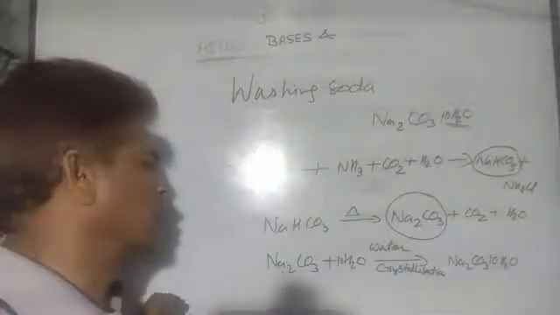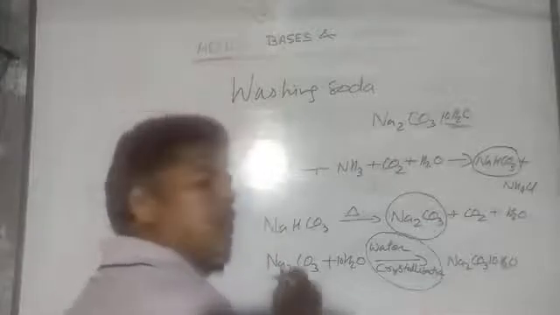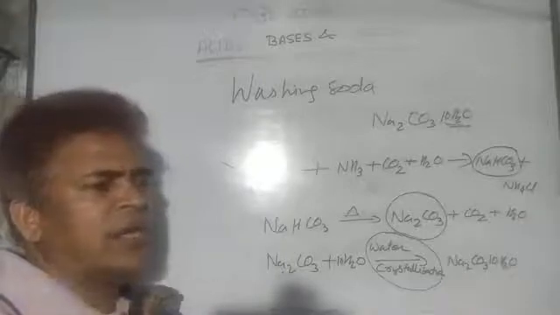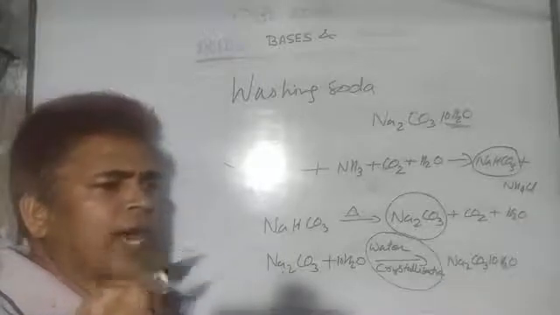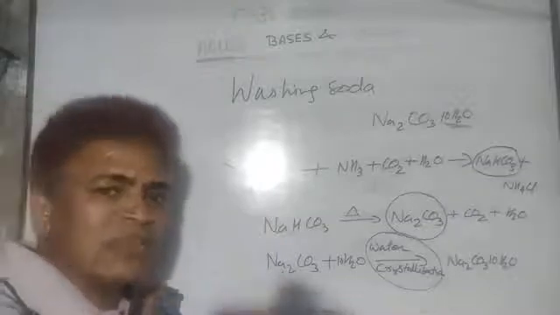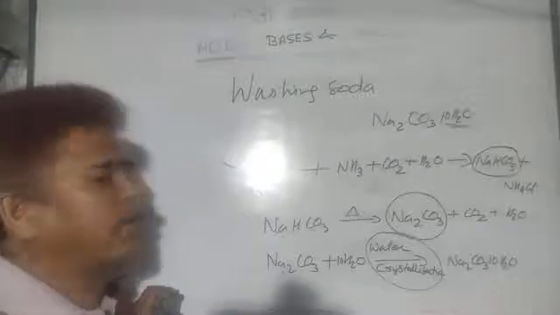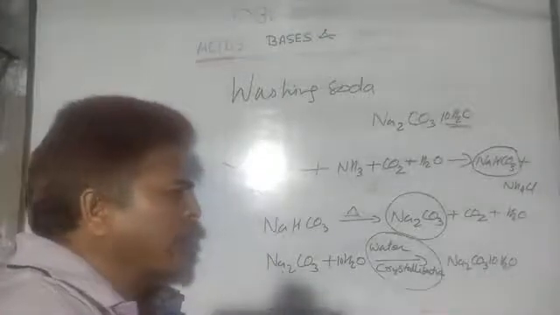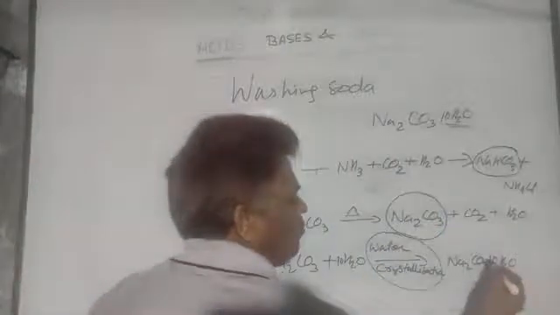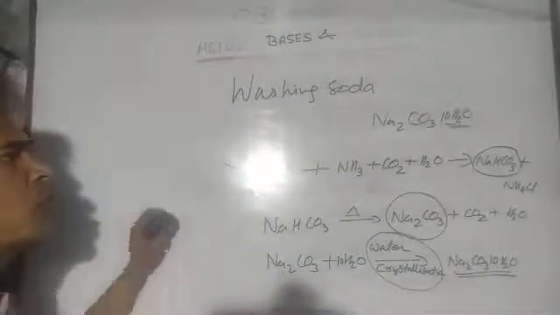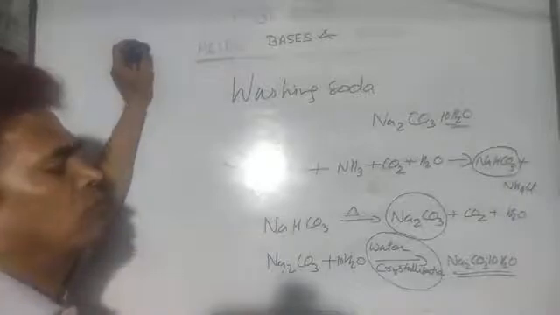Okay, manufacturing of the washing soda. Water crystallization, do you know? The sodium carbonate is dissolved in water and strongly heated until one-third part is evaporated. That means it becomes a highly concentrated solution, and when it is cooled, the sodium carbonate gradually crystallizes out, and that is the water crystallization. So, 10 water molecules are associated with that. So, this is the method to manufacture the washing soda.